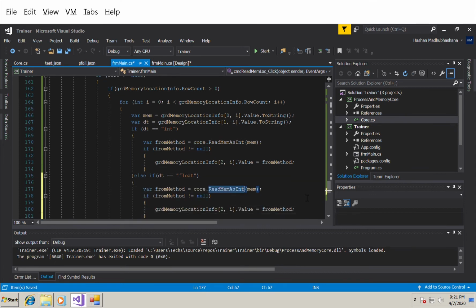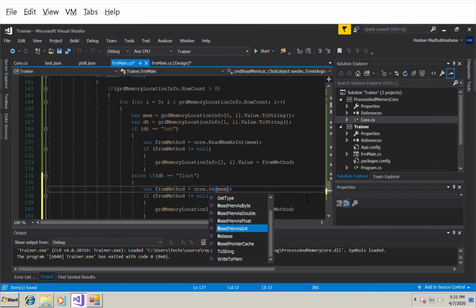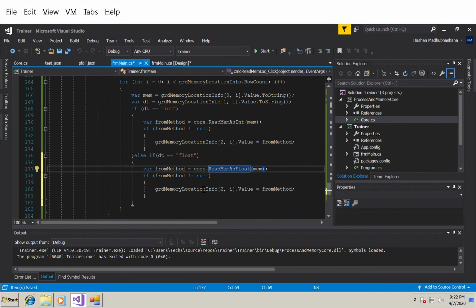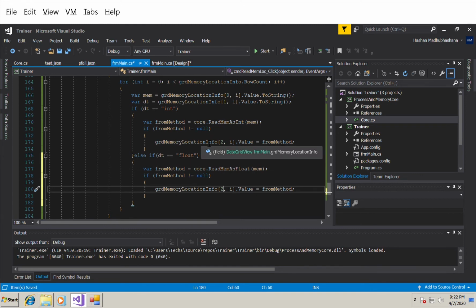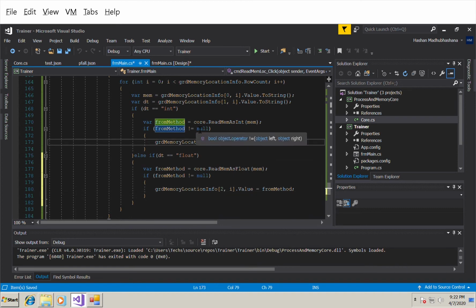so this should be read mem as float. So I'm going to read memory as float. Alright, so from method is not null. Now this is the same. Alright, so simply what we can do is, this one we can comment this var from method. Alright, so we simply can make this as object. So let's try that one, object